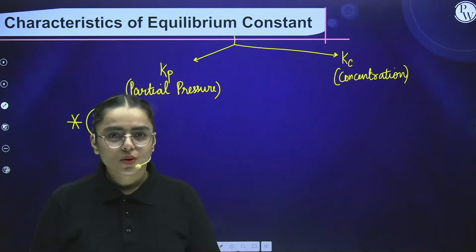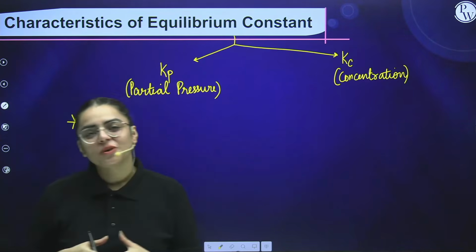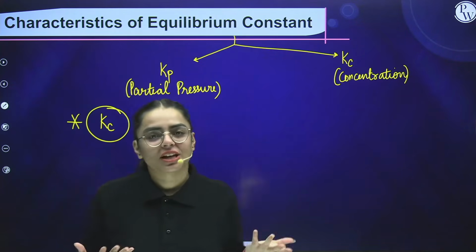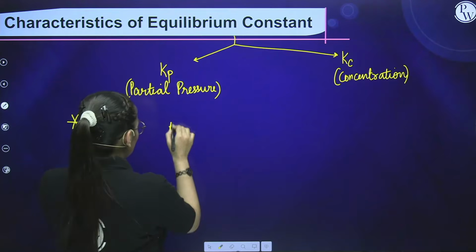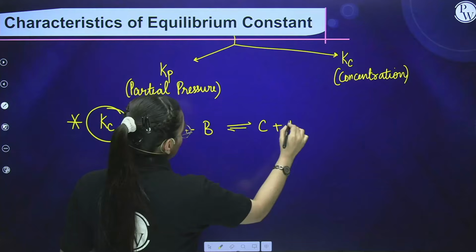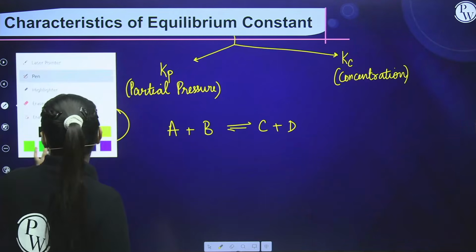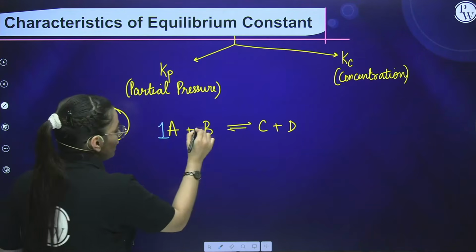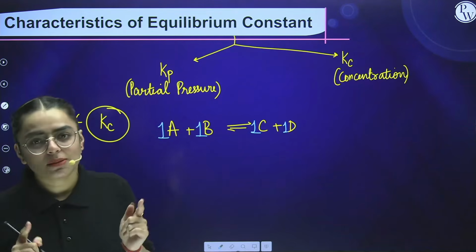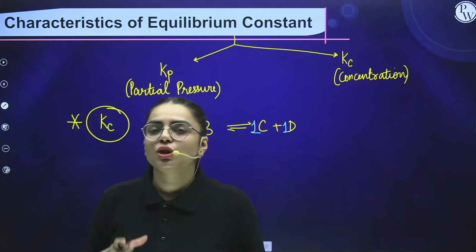Ma'am, what do you mean by stoichiometric coefficient? Students, if you have seen some basic concepts of chemistry, it is quite easy for you. If you haven't seen, no issue. I'm going to tell you what I'm saying over here. See, for example, if I have a reaction A plus B gives C plus D, this is my reaction over here. And for this reaction, if I say all are present with 1 mole, this is 1A, 1B, 1C, 1D. That only 1A is reacted with 1B to form 1C and 1D. That means here this number 1, 1, 1 refers to the stoichiometric coefficient.